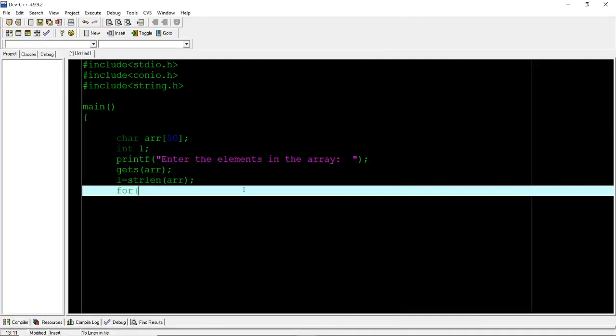So what I'll do is, for I equal to 0 up to half of the array. It will go half of the size of the array, so L divided by 2. Here, see, I have not written less than or equal to, because the index value is always 1 less than the maximum size.